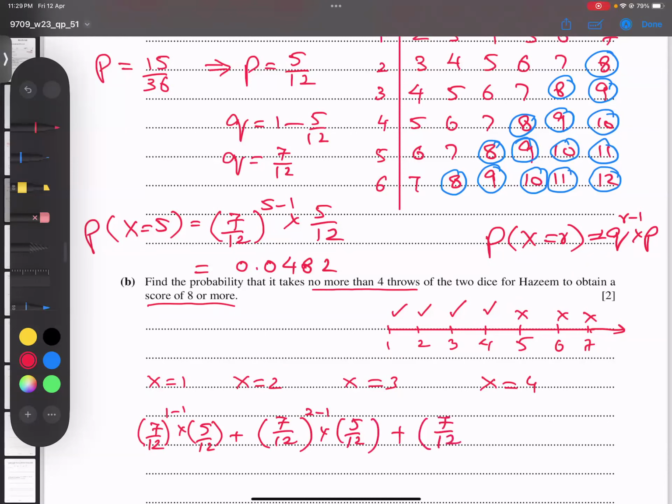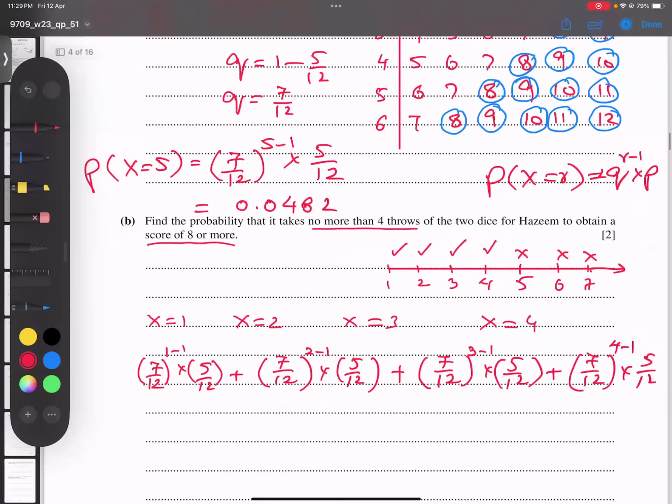7 by 12 to the power of 3 minus 1, plus then 4, so 7 by 12 to the power of 4 minus 1, into 5 over 12. And I believe this part is clear. Okay, if you type this in, because this is 0, there is no need to type in the calculator. And if I type this in the calculator, I will get